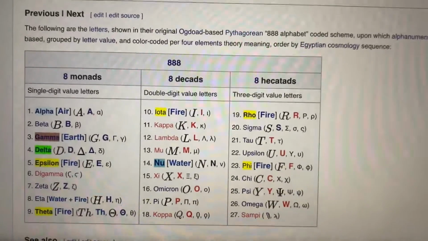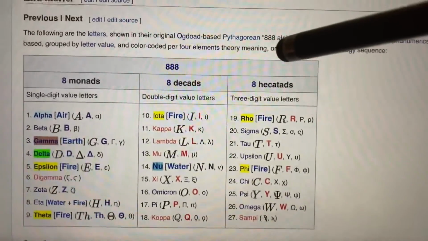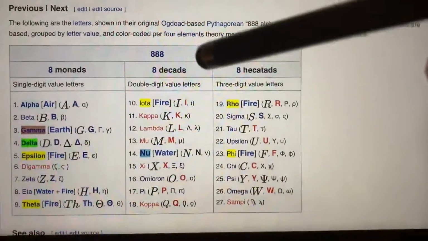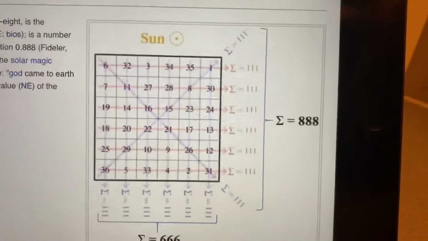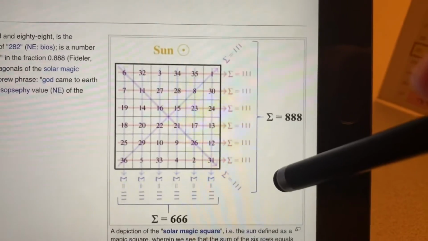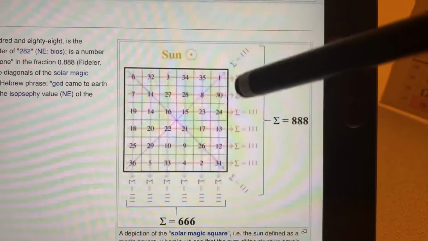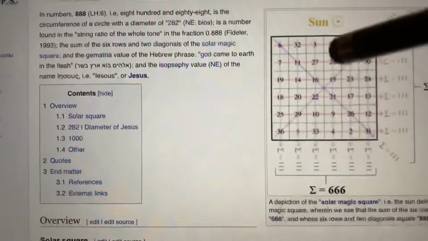And these are all schemed or ordered during the years of Pythagoras according to an 888 scheme. So 888 can be determined from the solar magic square as the sum of the 6 rows plus 2 diagonals of the solar magic square, or